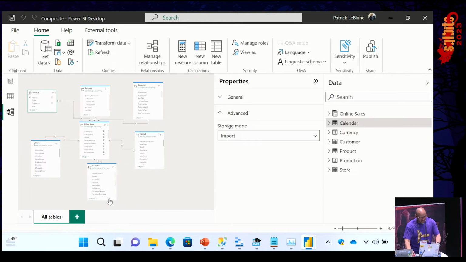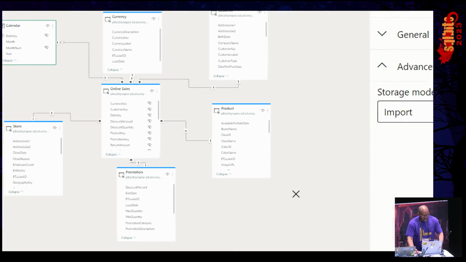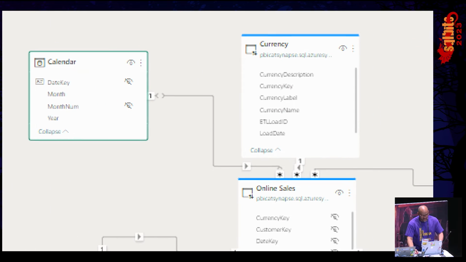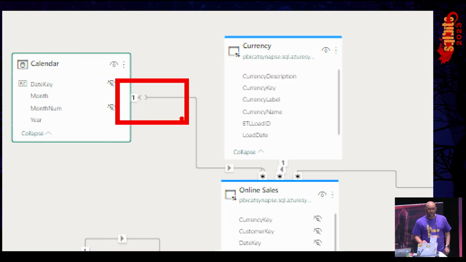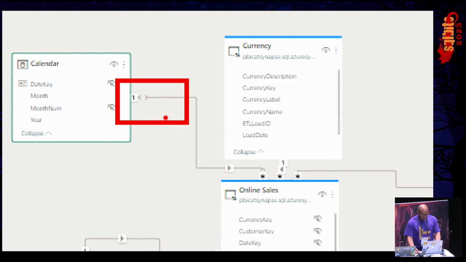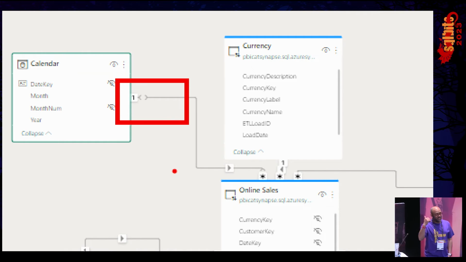I want you to take a look, really close, and I want everybody else to take a look and let me know, have you ever seen this in your model before? That little semicircle. Have you ever seen that? It's like it was drawing the line and then it just gave up and put a space in there. How many of you have seen those in your model? And what do you do when you see them? Just ignore them. You just ignore them. He's like, I just ignore that. I don't care about those, right?